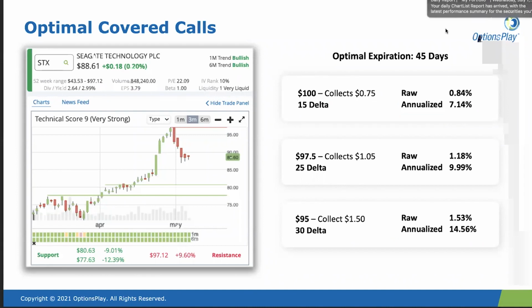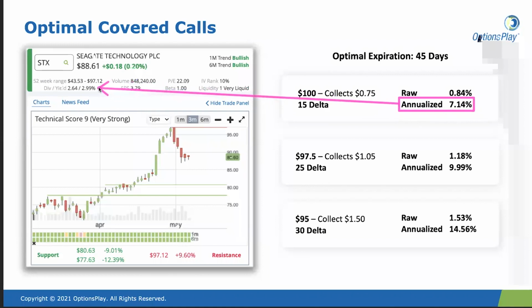So when you're thinking about your covered calls, don't think about specific dollar amounts. Think about deltas. Think about probability. Think about what is the probability I'm going to keep this income? What is the probability I'm going to earn 7% yield in addition to the 3% that I'm already receiving from owning the stock? And then in that 15% chance that the stock makes this huge rally in the next month,